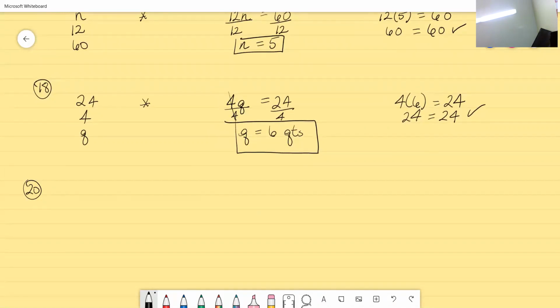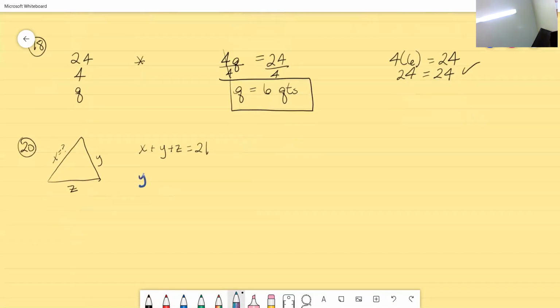20 asks us to find the length of the third side of a triangle with a perimeter of 21 inches if the sum of the other two sides is 15 inches. So if I have a triangle and I have sides x, y, and z, and x is my unknown, they tell me that my perimeter is 21 inches. So that means the length of x plus the length of y plus the length of z equals 21. And then they also say that the sum of the other two sides,